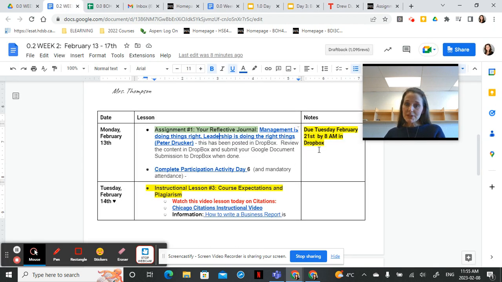This is due Tuesday at 8 a.m. Normally it's due Mondays at 8 a.m. It's confusing you right out of the gate, but it's because Family Day is a holiday on Monday, and I would never assign something and make something due on a holiday. So just so you know to look for that, that is due on Tuesday at 8 a.m. Don't forget to complete your participation or attendance activity on Monday, the day on which it is assigned.